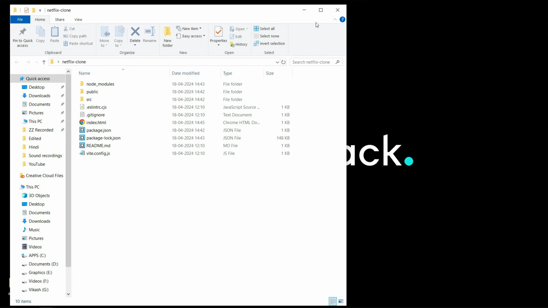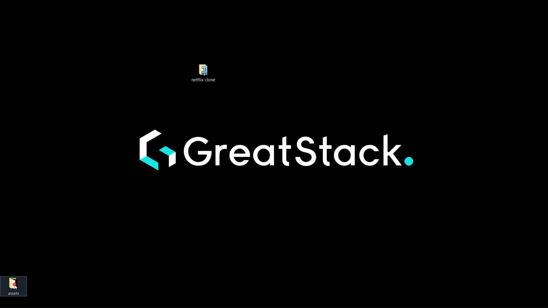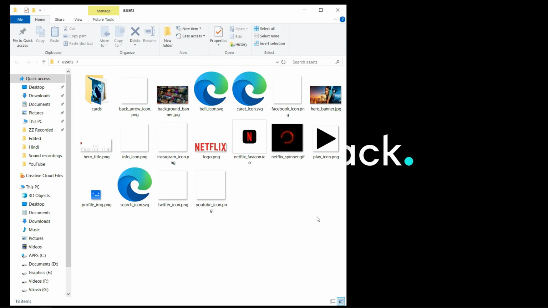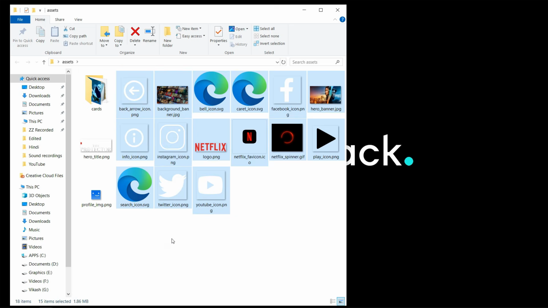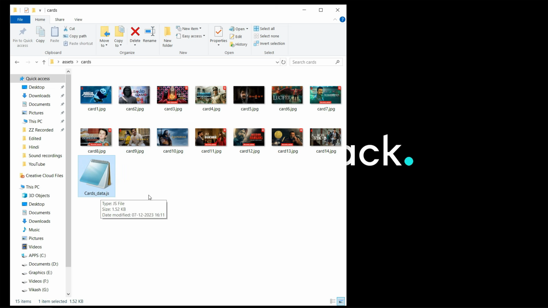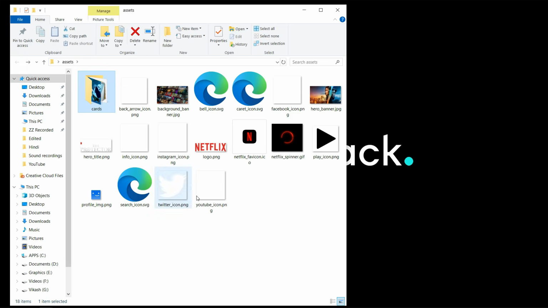Next, we will replace this icon that is displaying in this tab. So in our project, we will add the assets. So here on my screen, you can see we have an assets folder. In this assets folder, I have some images, icons, and this cards data.js file that we will use for our project.